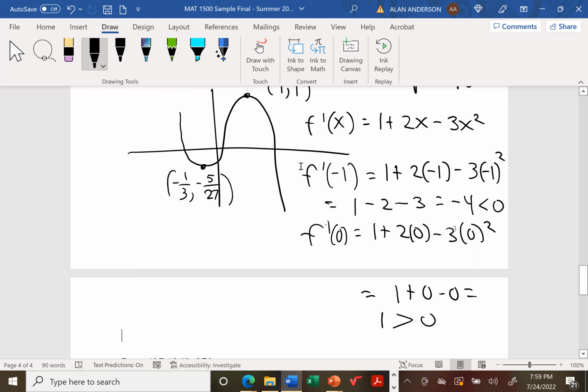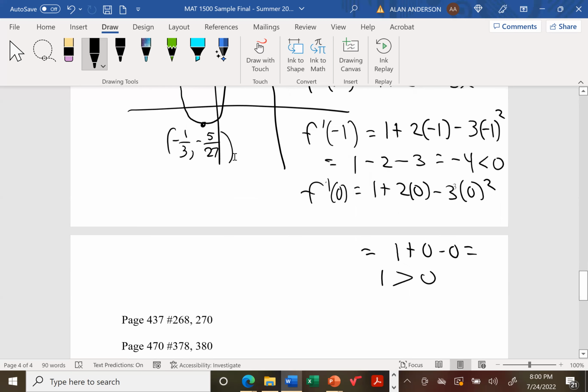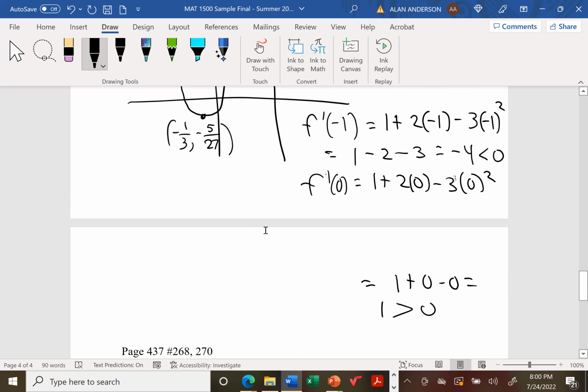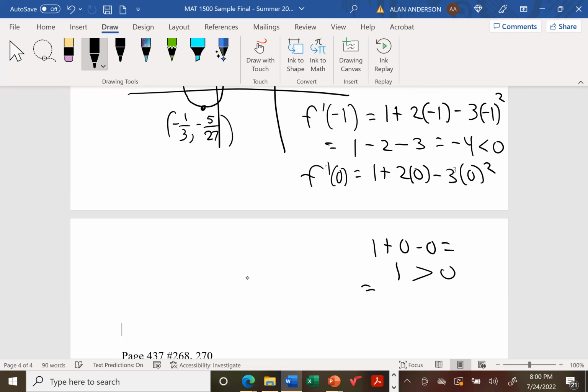So in other words, the function is decreasing to the left of this first relative extremum, and then it's increasing after that. So what this means then is that it must be true. Just fix this real fast. When the function slope changes like that,